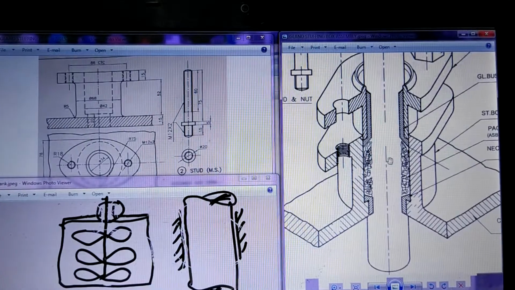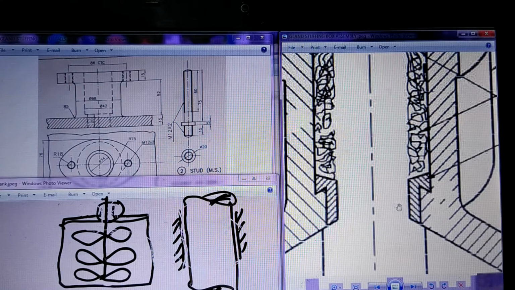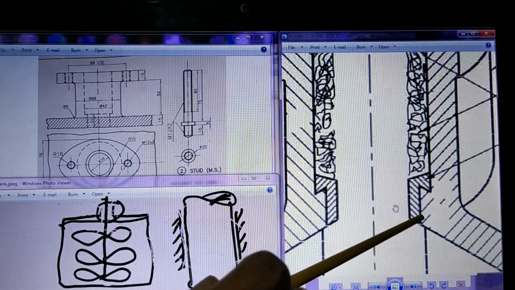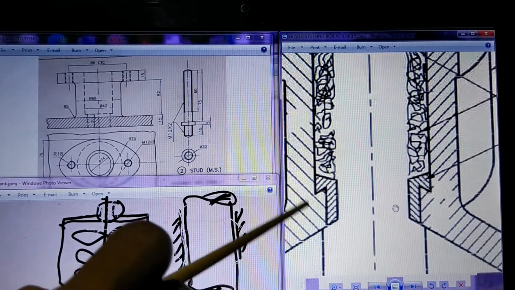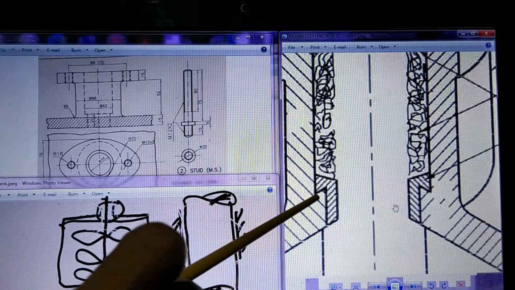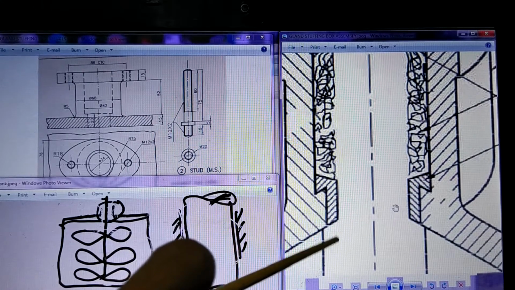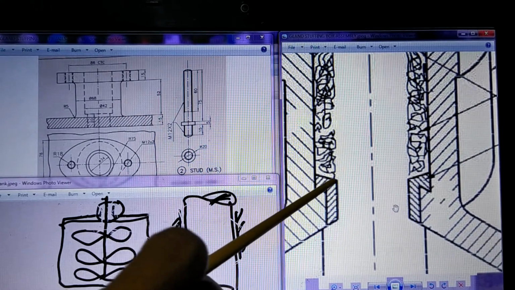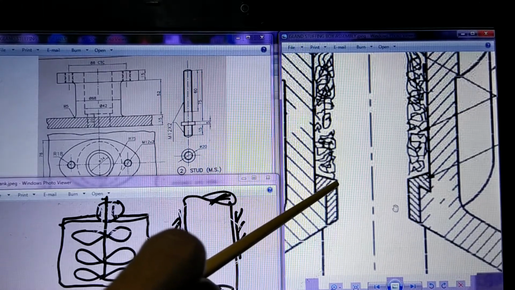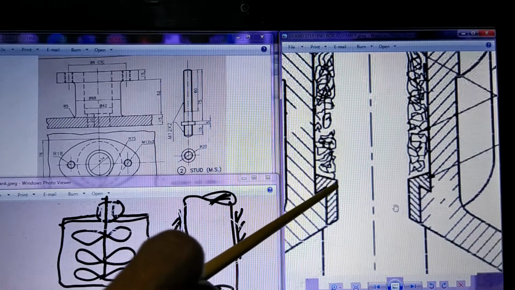If you go closer to the bush, you can see how this bush looks. This bush is fitted into this particular part and it is resting on the step here. So there is a step where the bush is resting so that it does not go down. Then the upper surface of the bush is not horizontal, it is inclined. It is a taper. So the top surface of this bush is tapered.